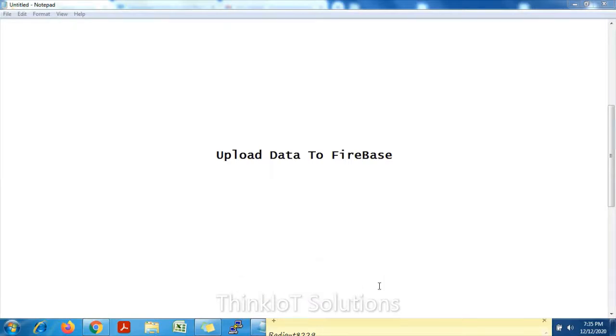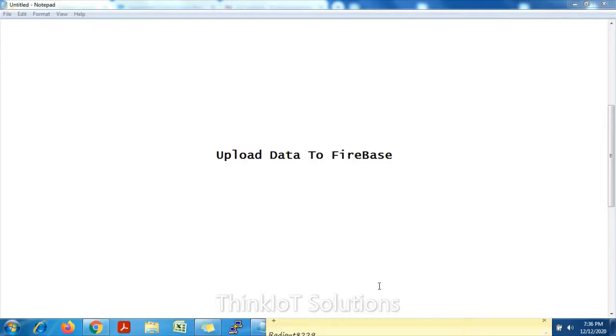So in the previous session we discussed what the Firebase server is all about, what all the features our Firebase server provides us, and we have created an account in the Firebase server and created a project there, wherein we have initiated the real-time database module in Firebase server, wherein we can upload our information from our Raspberry Pi or any sensory network module to that Firebase server, right?